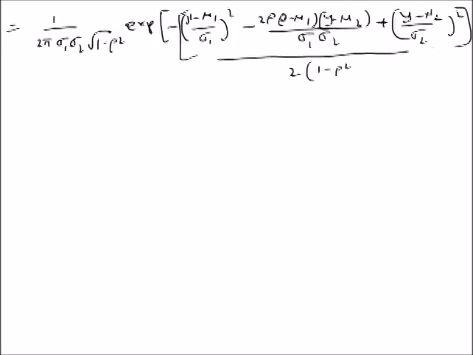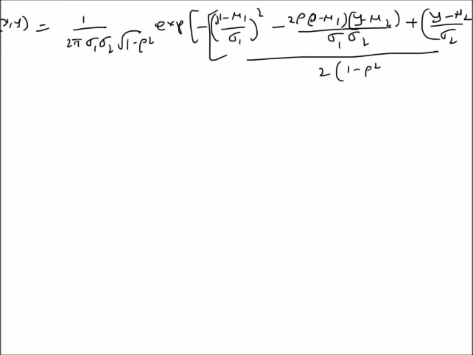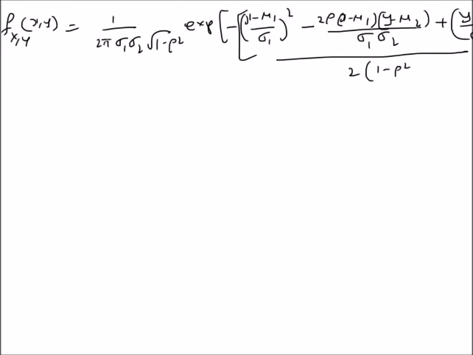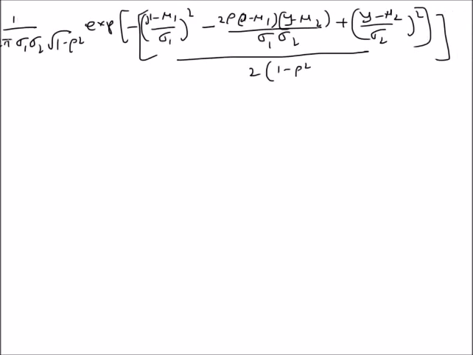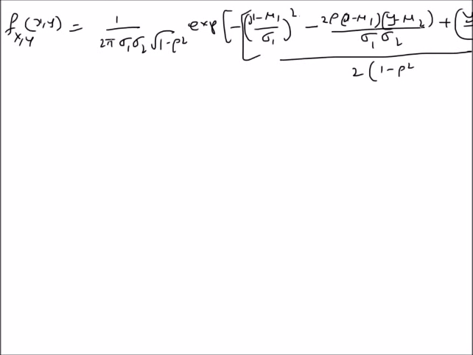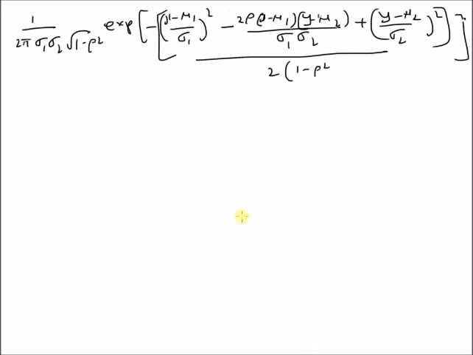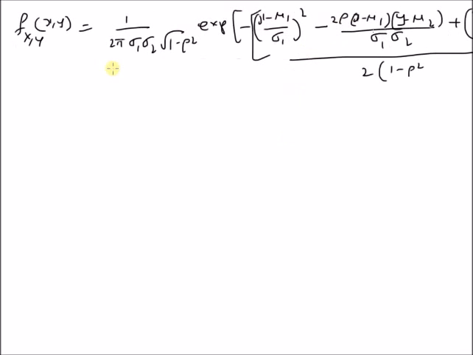So we know that this is the joint PDF of two random variables x and y, where x and y are correlated. In other words, this is the bivariate Gaussian PDF. In this short video, our goal is to verify that rho is indeed the correlation coefficient between the two variables x and y. In a previous video, we already established that the